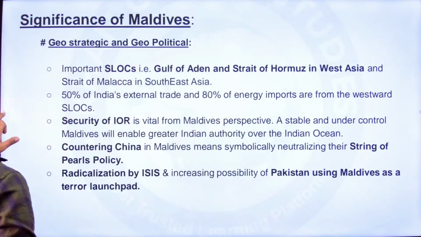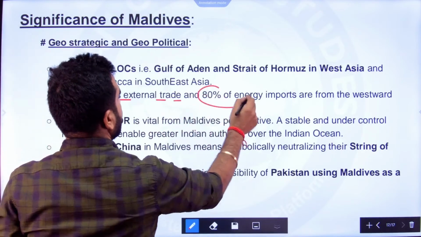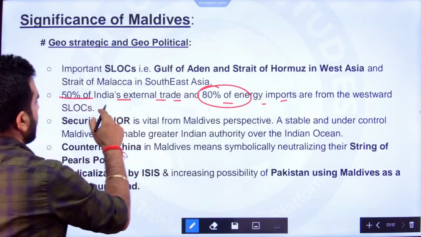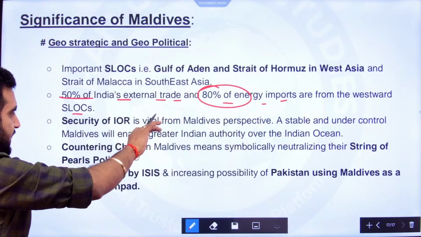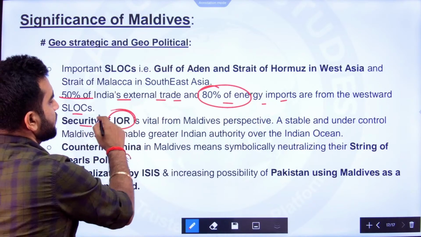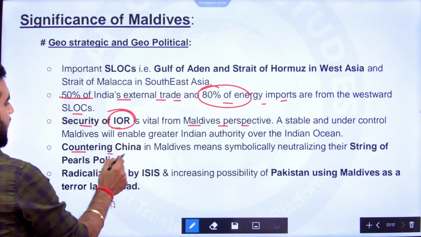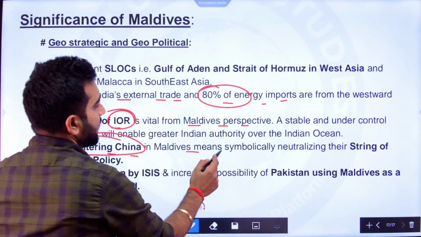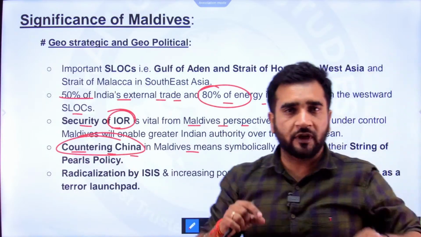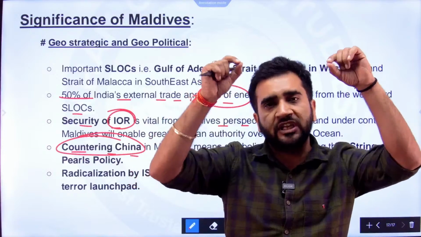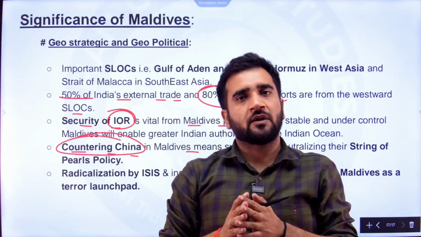तो ये इसका इंपॉर्टेंस है, जियो स्ट्रेटेजिक इंपॉर्टेंस। 50% ऑफ इंडिया एक्सटर्नल ट्रेड एंड 80% ऑफ एनर्जी इंपोर्ट्स आर फ्रॉम वेस्टवर्ड एसएलओसीज। वेस्टवर्ड एसएलओसीज मतलब वेस्ट से जो आ रही थी, जो मैंने अभी दिखाई। सिक्योरिटी ऑफ इंडियन ओशन रीजन इज वाइटल फ्रॉम मॉलडीव्स पर्सपेक्टिव। फिर काउंटरिंग चाइना, चाइना को काउंटर करना मॉलडीव्स में बहुत इंपॉर्टेंट है। चाइना स्ट्रिंग ऑफ पर्ल्स, मतलब मोतियों की माला, मोती यहां पर मतलब पोर्ट प्रेजेंस।